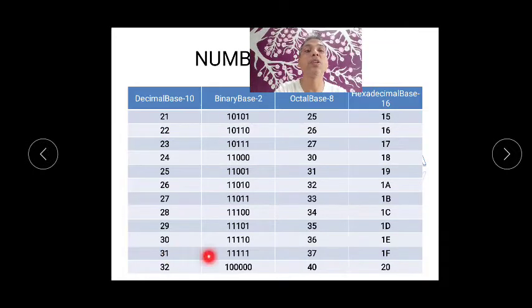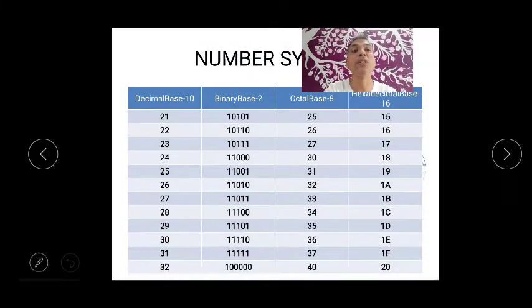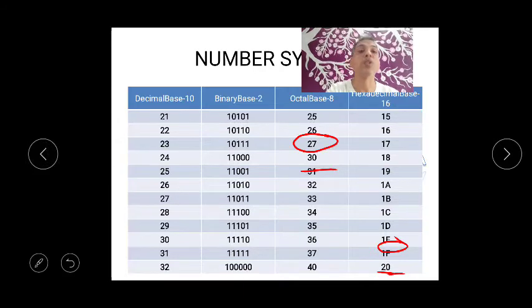I just went till 32, because I want to show you that here also it is changing. Can you see after 27 it has become 30. Here also after F it has changed to 20. So it's like a meter reading. And can you see after 31 it was 5 digits, then it has moved to 6 digits. So everywhere there is an increment. Now we will see some other conversions.